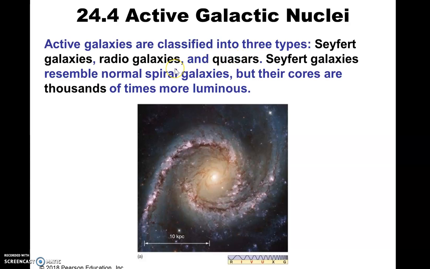All right, and this is a key thing: they tend to be thousands of times more luminous than the average galaxy. For example, you have active galaxies that I think have luminosities approaching 10 to the 37th watts, or 10 to the 40th watts. So, and that's